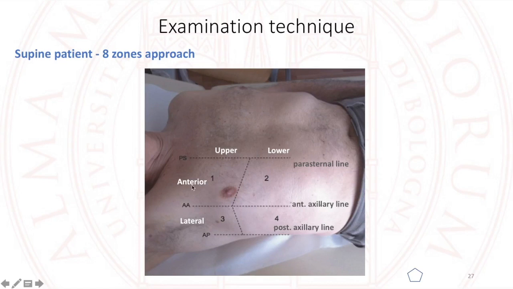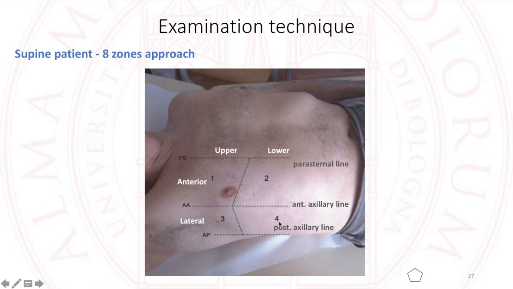But if we want to study the whole surface of lungs, as sometimes happens, then we would make some effort to study what's behind the posterior axillary line, and so maybe rolling the patients over to study at least the lateral posterior area,